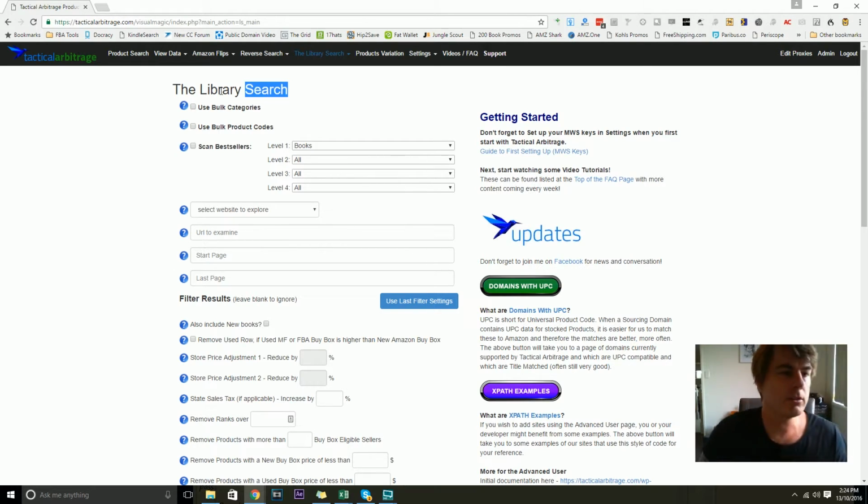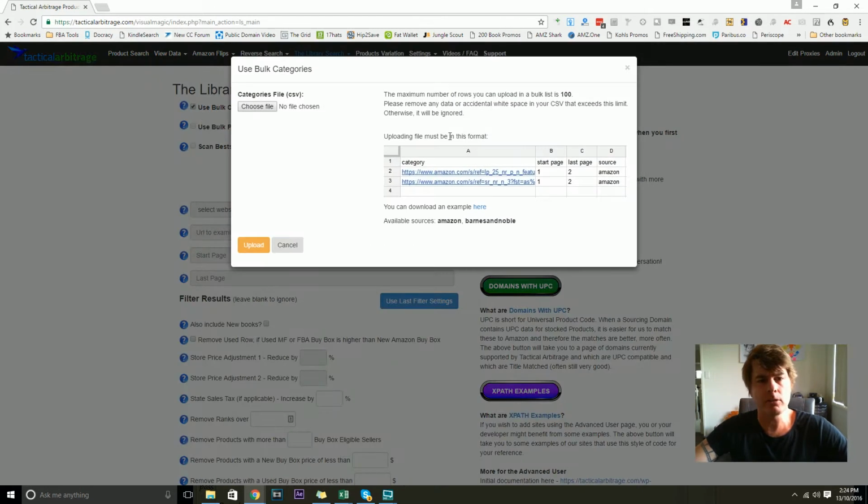So the way that it works, and let's focus on the books side of things for now, is up the top here you'll have some familiar things. Use bulk categories. A little variation on there is you can make this a multi-bulk, and in column D at the moment you can select Amazon or Barnes & Noble in this case. We are adding more sites, and that will expand what you can put in this column D for a bulk